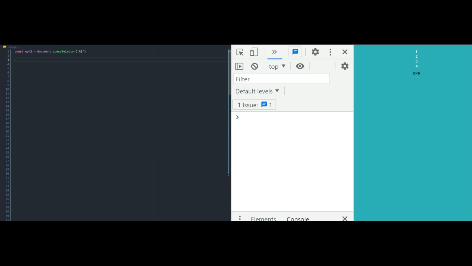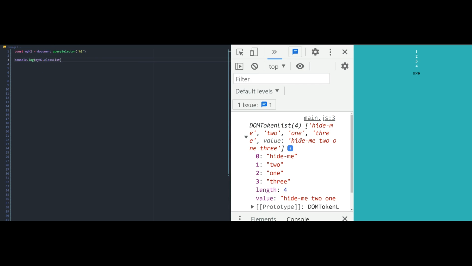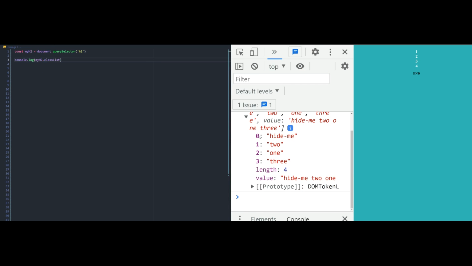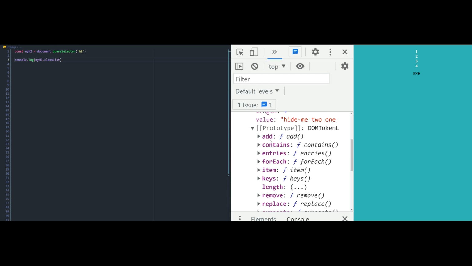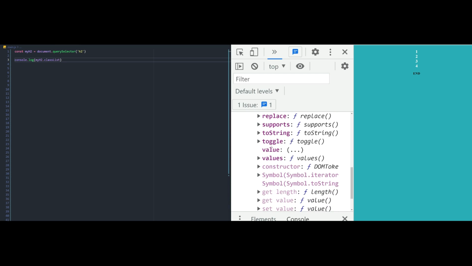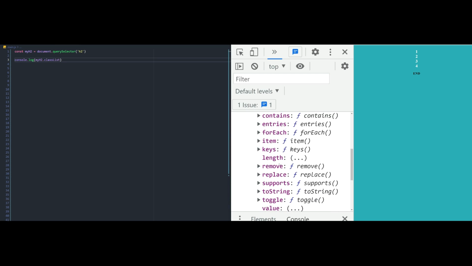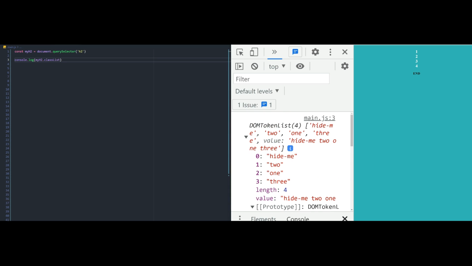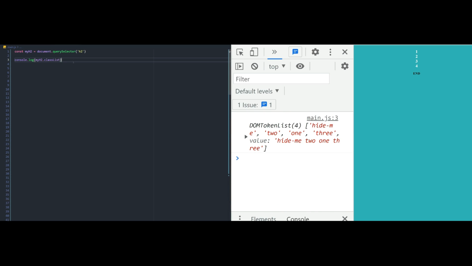So let's do console.log myH2.classList. We see that it's a DOM token list and it's array-like with all of the names, hide me, 2, 1, and 3. If we look at its prototype, it has a few methods, right? Remove, forEach. We're going to use that soon. Okay, so now we can do my